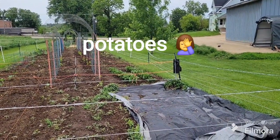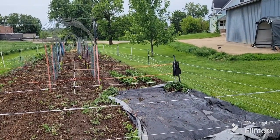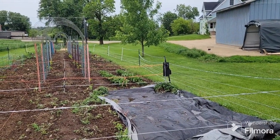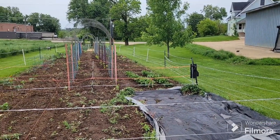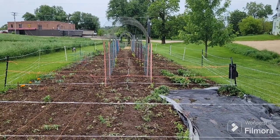I have a row of russets and a row of red potatoes. I can't remember the exact variety, but it's a red potato. It's not a Red Lasota. It's a different one. On the right side of this first trellis, I have long pie pumpkins, and I figure